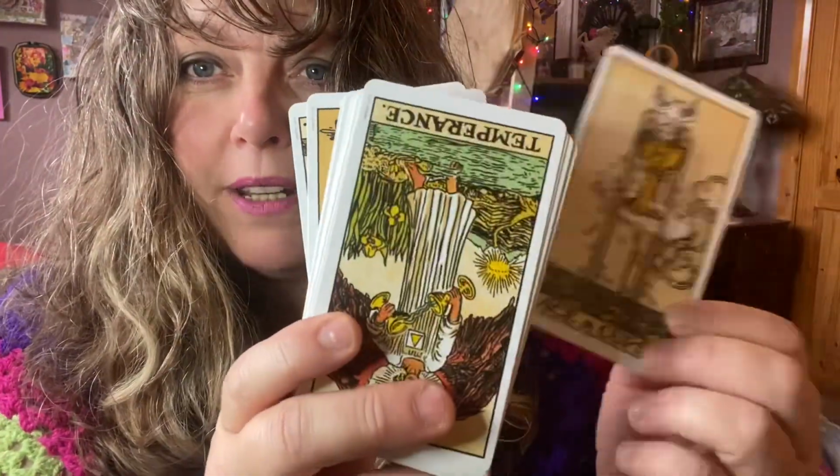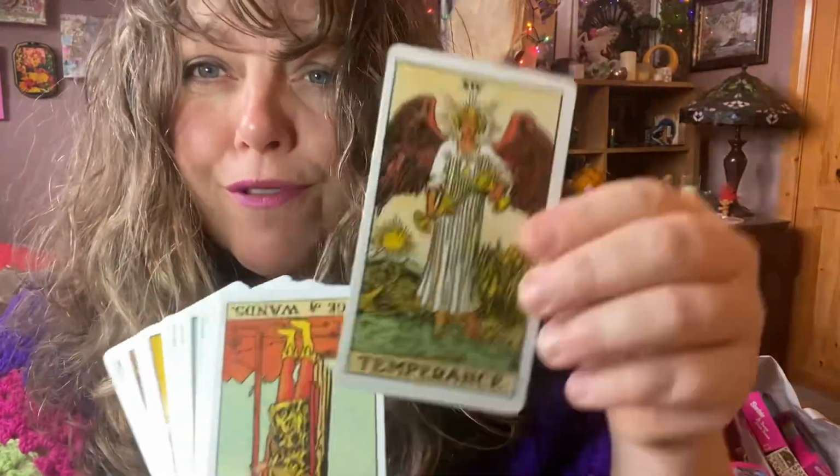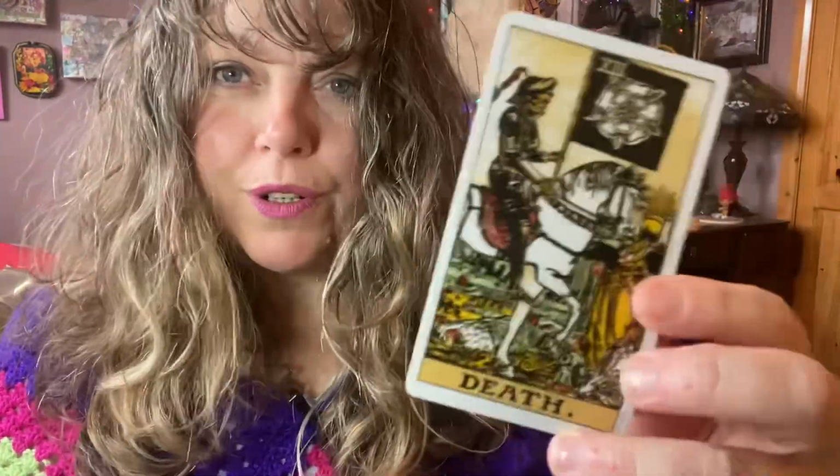Now I didn't get these three decks straight away at the start of my journey with tarot. I was one of the many people that I've heard say, oh, the imagery just doesn't do much for me. So I didn't jump straight into buying a classic deck, and I regret that now. I think I would have found my path much easier if I'd have jumped straight in with one of these